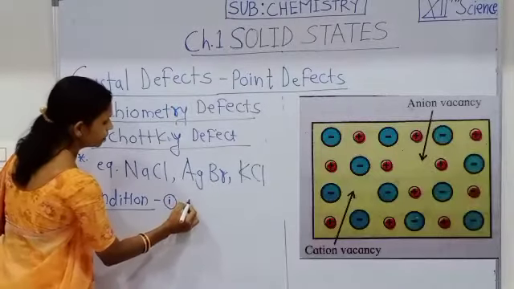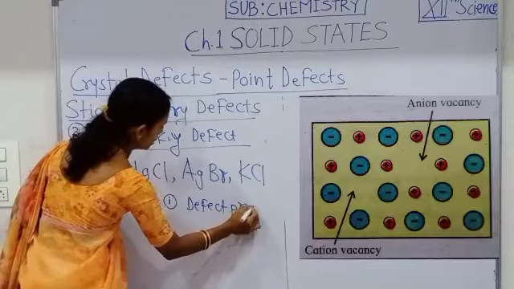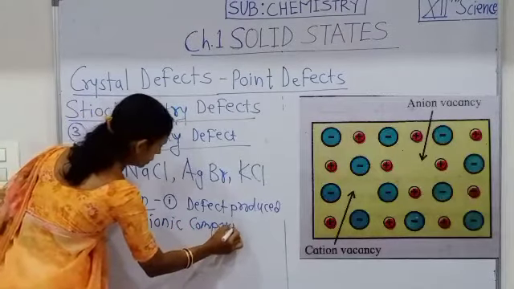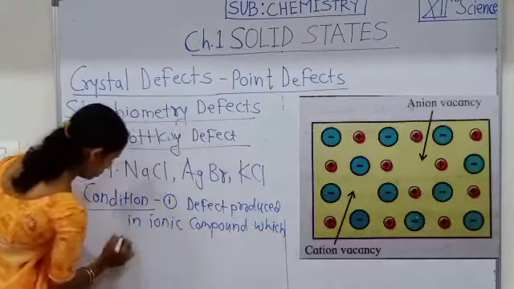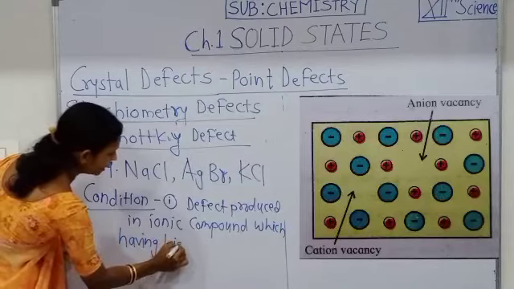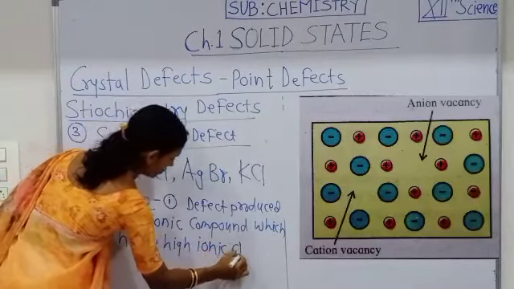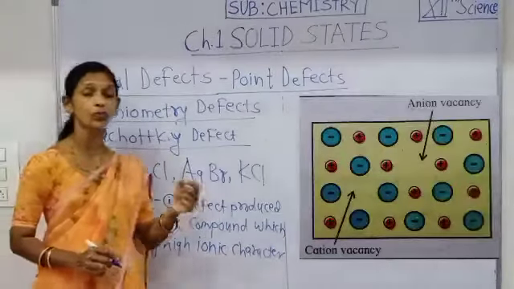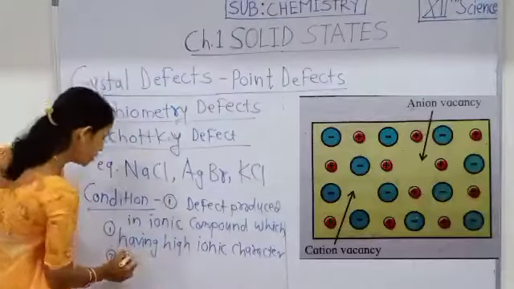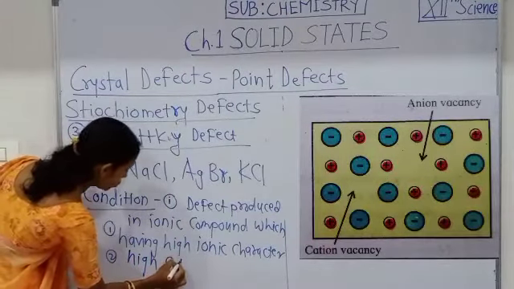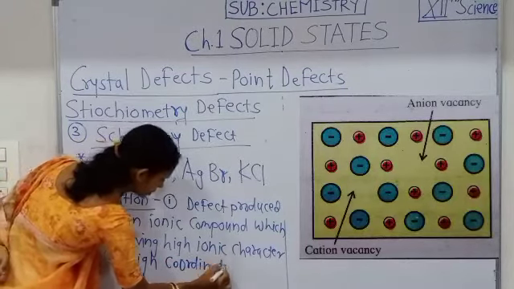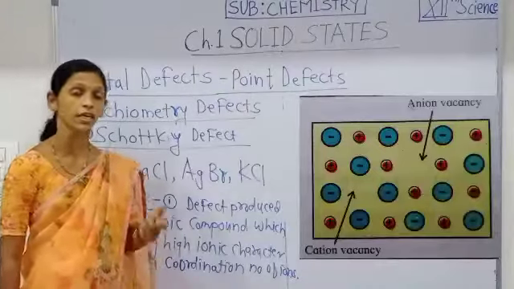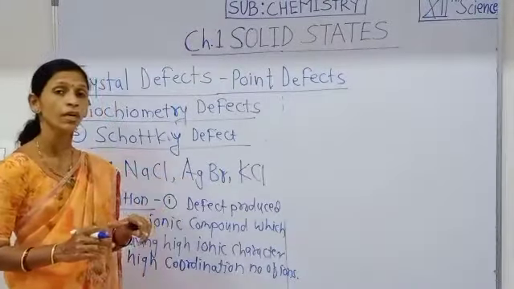produced. That means this defect is produced in ionic compounds which have high ionic character, as well as, see here, this type of defect is produced in those ionic compounds which have a high coordination number of ions in the crystalline substance, as well as if there is a small difference in the size of cation